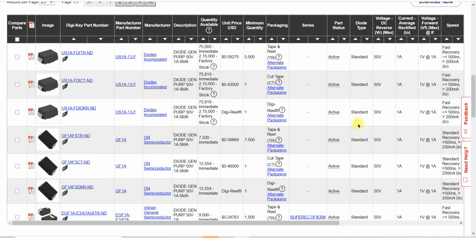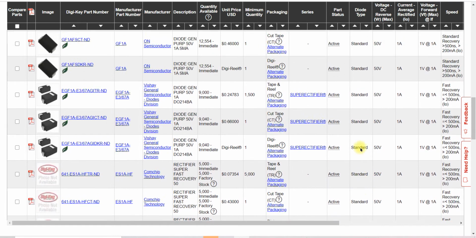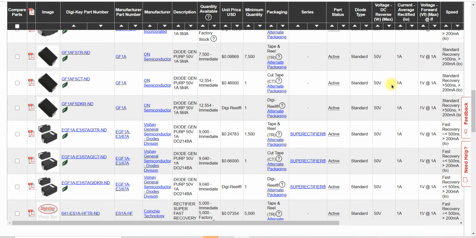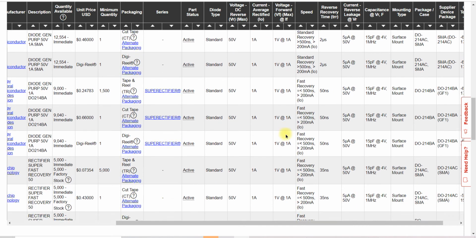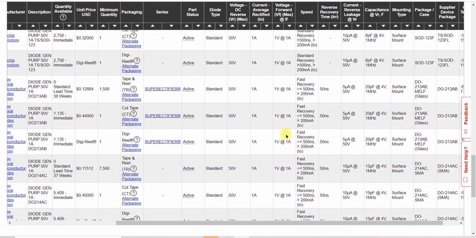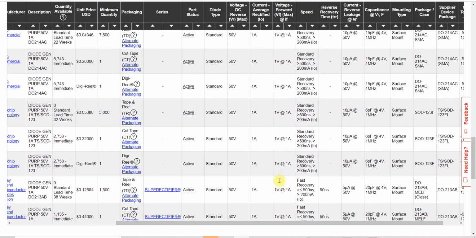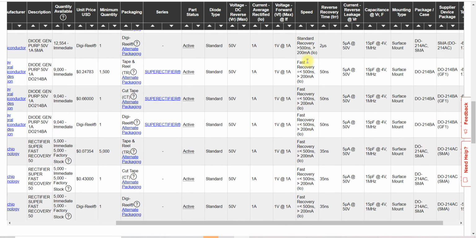And diode type standard, we had selected this, and reverse voltage 50 volt, and current 1 ampere. Forward voltage means when the current increases, the forward voltage also increases, 1 volt at 1 ampere. So it is showing the same in all diodes, as per our requirement. And reverse speed we had selected this, more than 500 nanosecond, so on 200 milliampere.